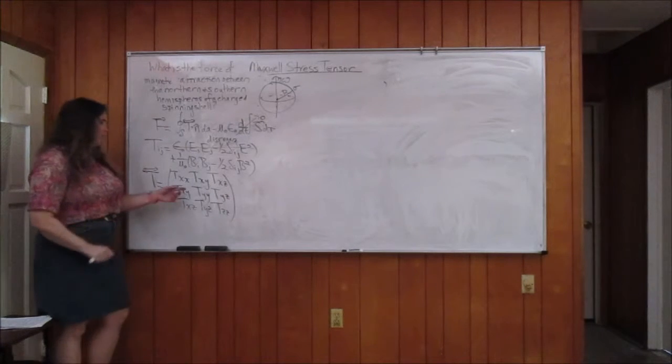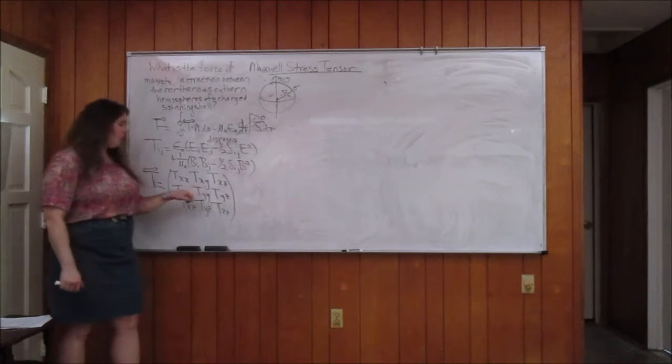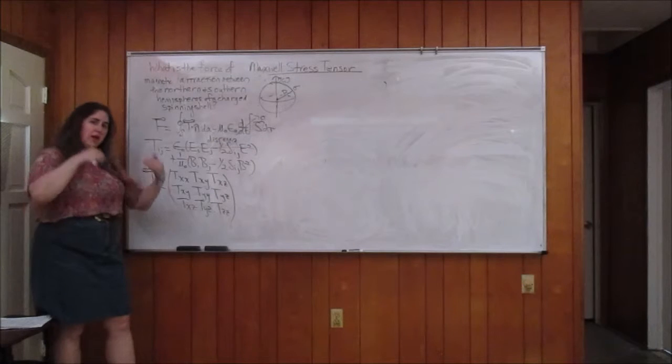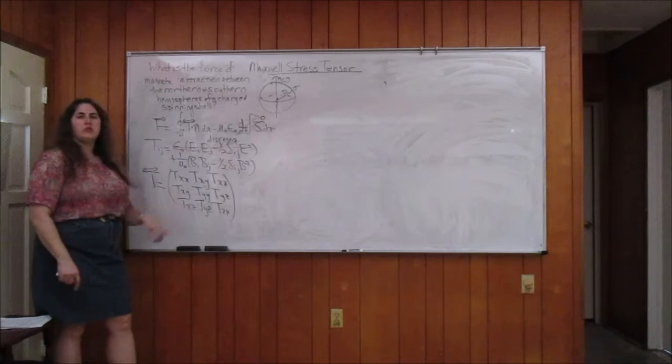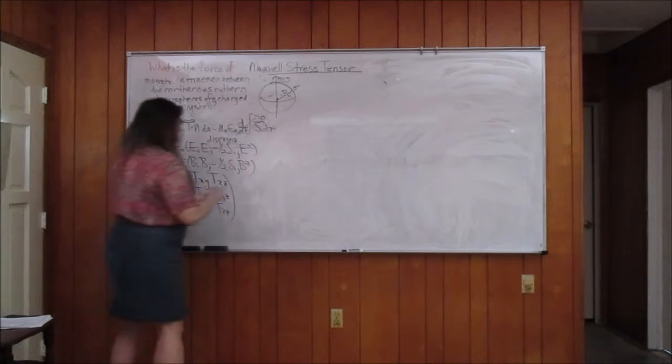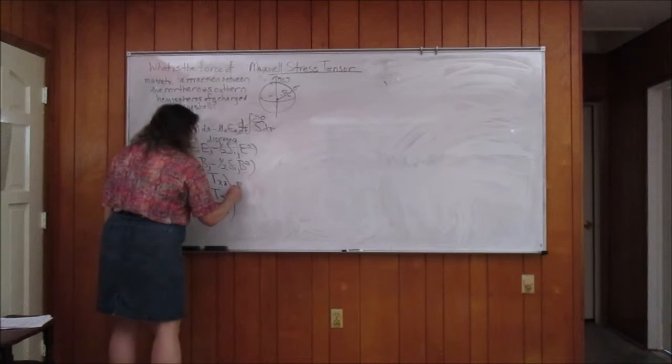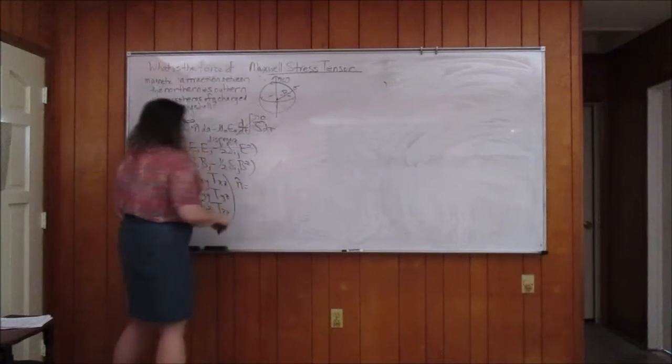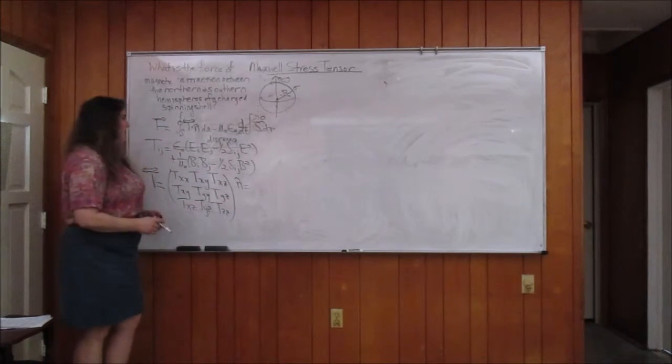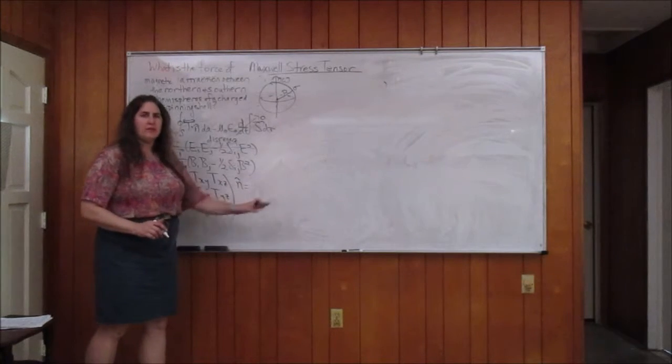And notice how I've written subscripts here. The reason why I've got txy and txy here rather than txy and tyx is because this matrix is symmetric, so it's perfectly legitimate to do that. Now, this really isn't necessary, but I think it makes it a little bit clearer if you write things out